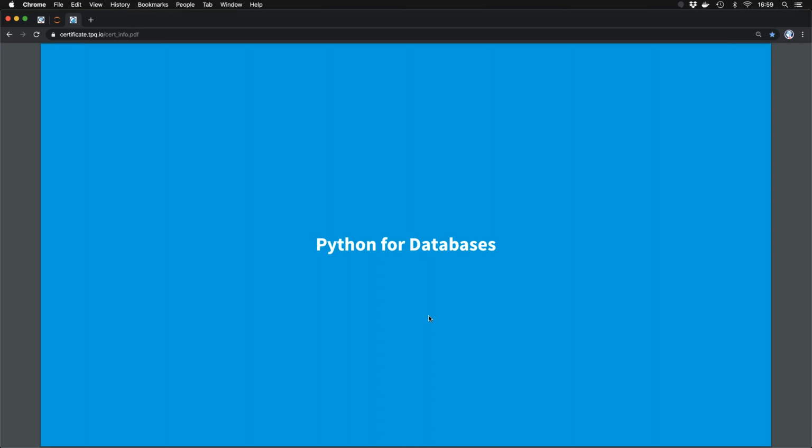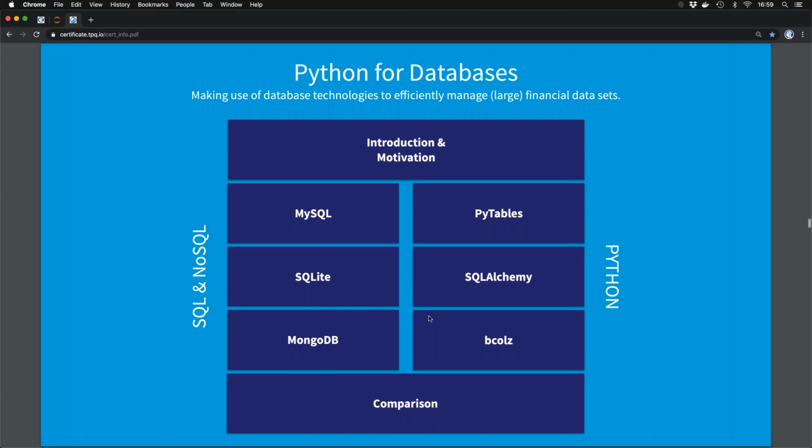The finance discipline, since years and not only since the advent of data science on the scene, is driven by data, lots of data, and around the industry you see different types of databases in use. And we have this also optional class, because most people would say, well, for me, pandas, maybe in combination with PyTables, is enough. But of course, maybe due to the job or your personal requirements, you say, well, I want to get a little bit deeper into the databases class.